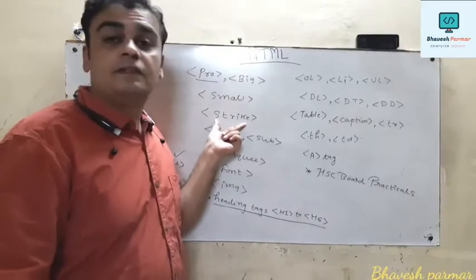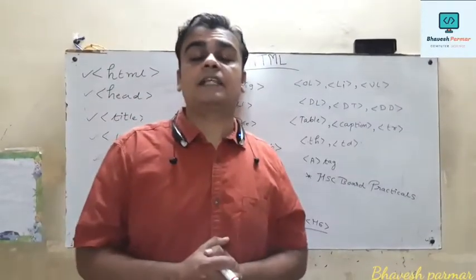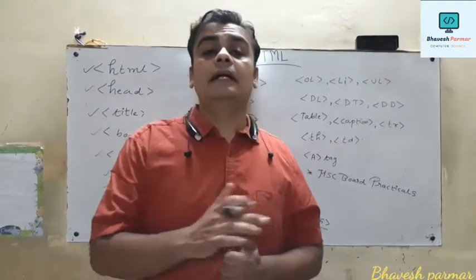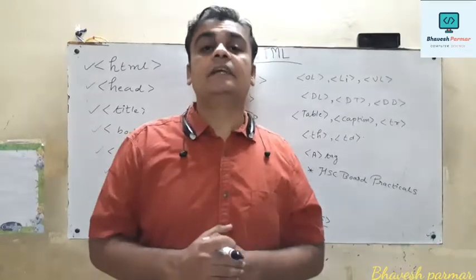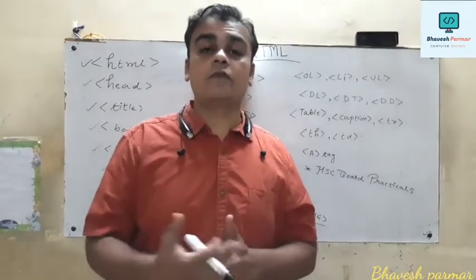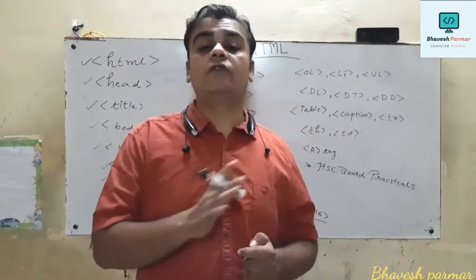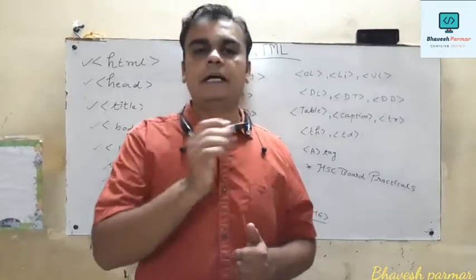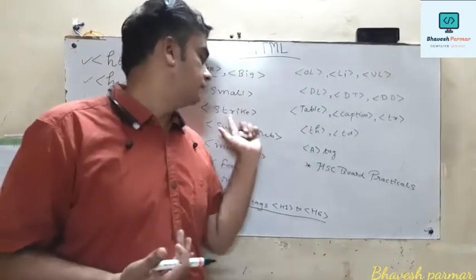Now thereafter the most interesting tag is what? The strike tag. So what happens with the strike tag? If we want to cut some data in our web page, then we use the strike tag. So what is the role of the strike tag? The strike tag will draw a horizontal line through the middle of the text. Means when we cut the data, in that case the strike tag is much helpful for us.